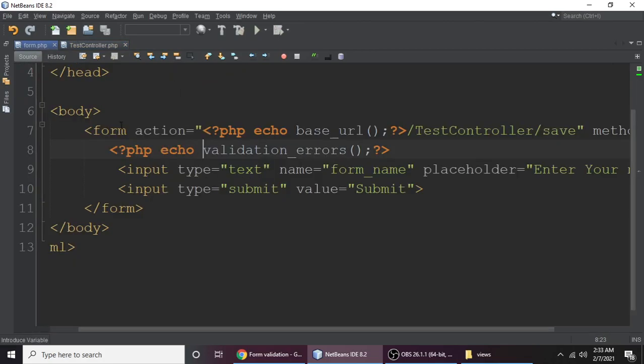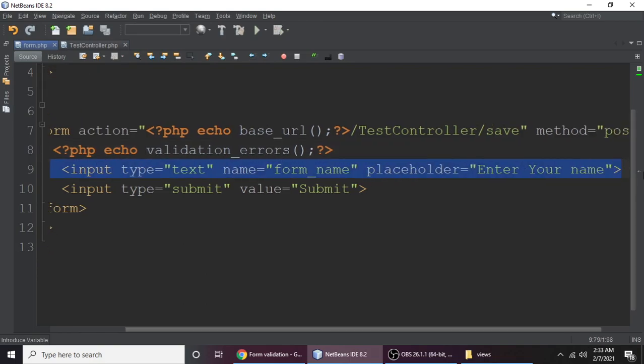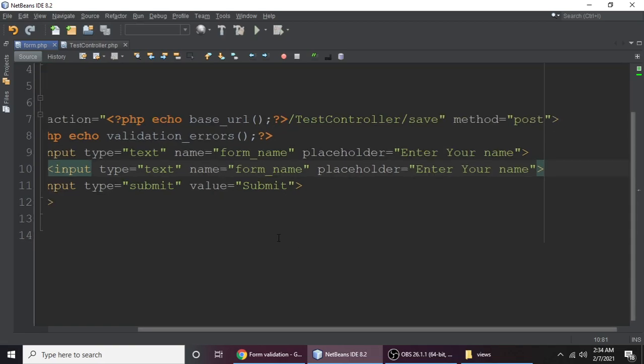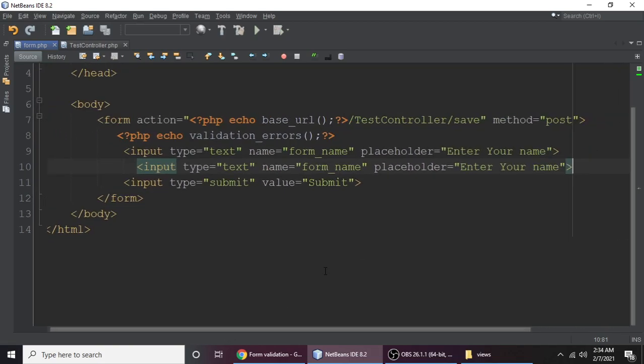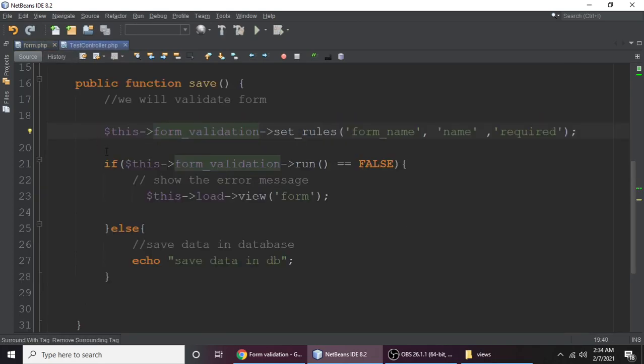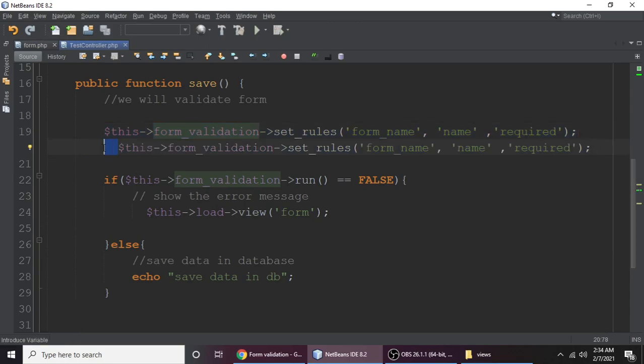And if you want to validate email, let's copy the same field and paste it here. Let me zoom out a little bit, this will be pretty good for us. So text, and its name is form email, and let's put the placeholder as email. For this name we will put the same rule here. This is required,